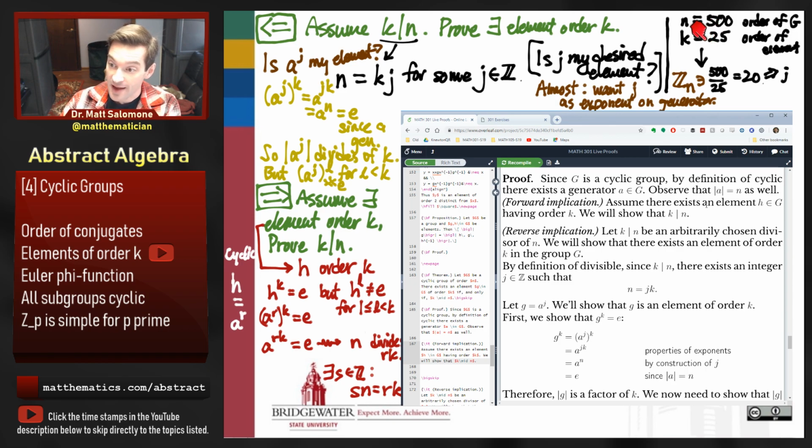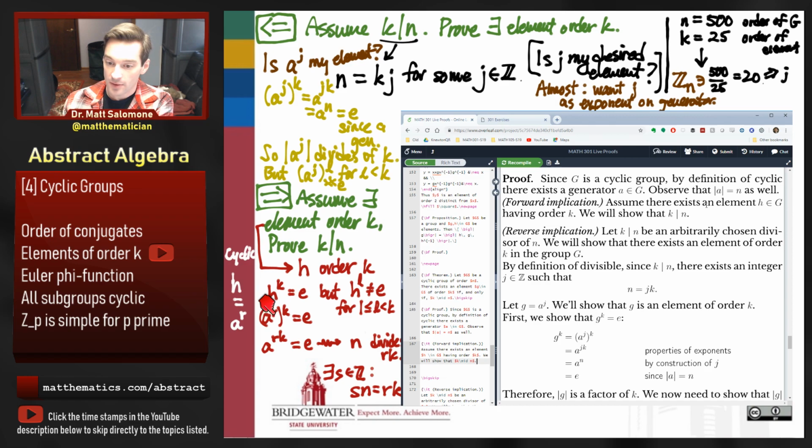So assume that I have an element of order 25 in my group. How do I know that 25 must divide 500? And my element here we're thinking of as being like 20, like the integer 20, right? So when I raise this element to the 25th power, I get the identity. So how do I know that 25 divides 500? So let's see. Actually, I guess R is playing the role of 20 now. R is like my 20.